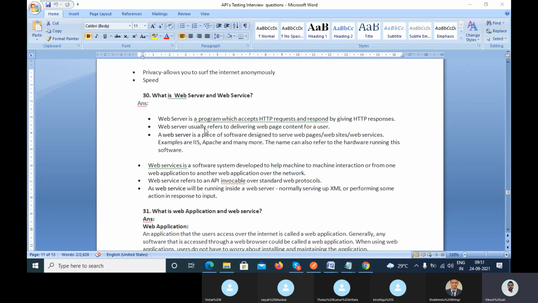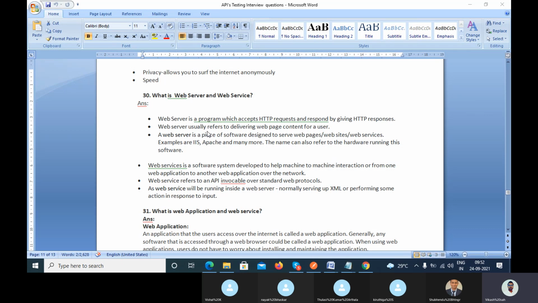Web server is a program which accepts the HTTP request and responds by giving the HTTP response. Same concept here, though a little bit of difference is there, right? So let's try to understand that. Web server is a program which accepts the protocol as HTTP, right?